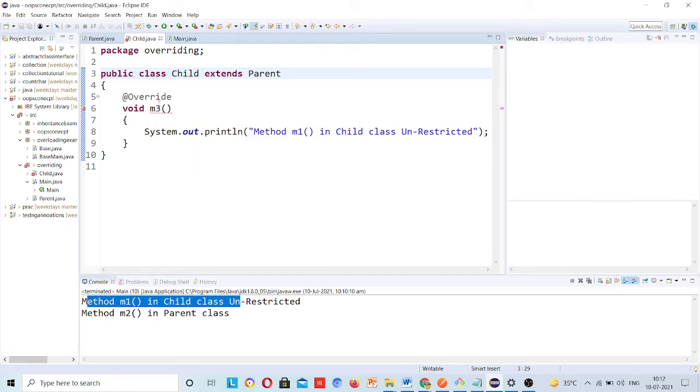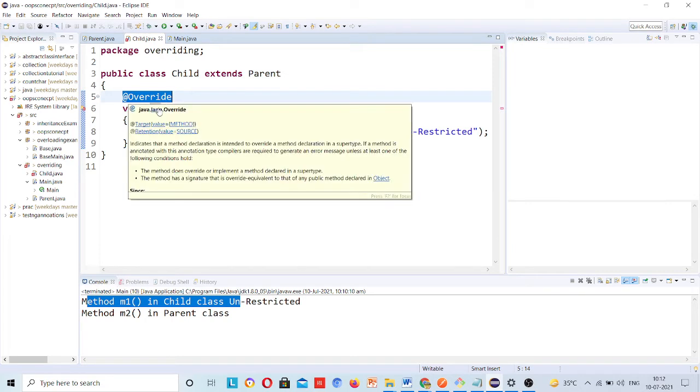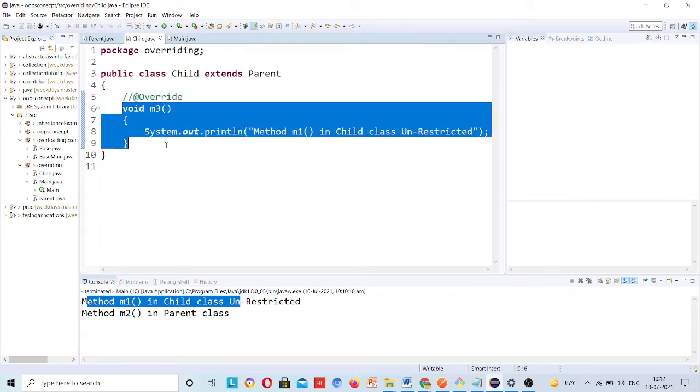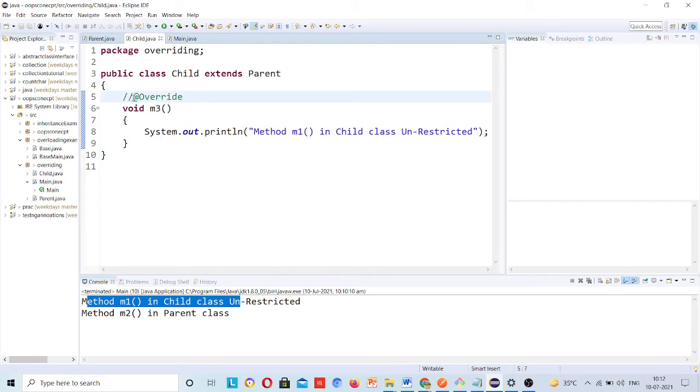If you are saying you are overriding this method, then this method should be present in the parent class. But if you remove this override, then the error is gone. Now it is saying that it is a new method for class child. But when you use the override, then it checks that you are saying you are overriding this method, but no same method is present in the parent class.